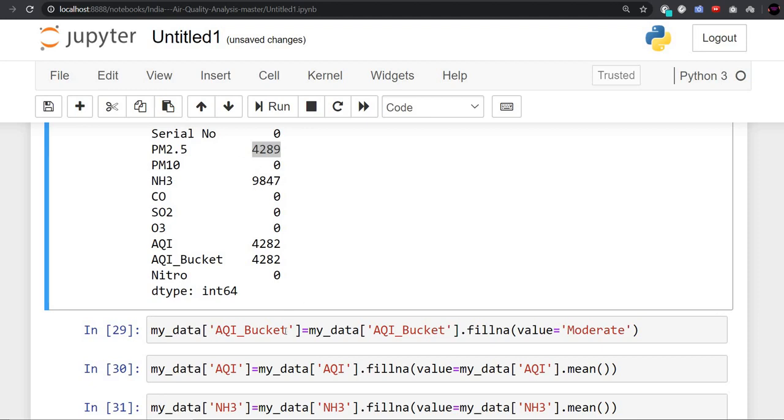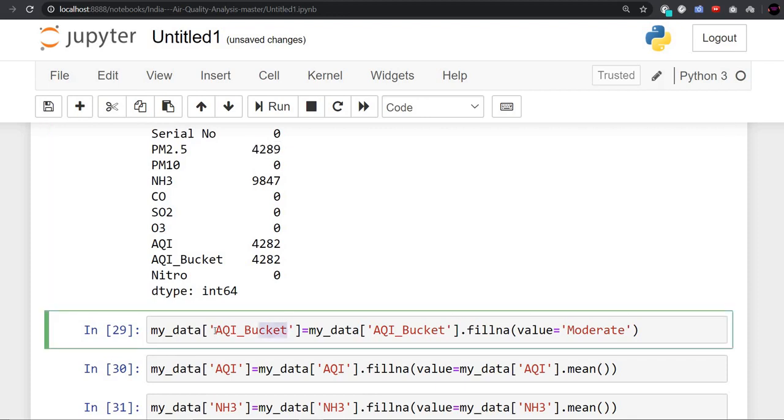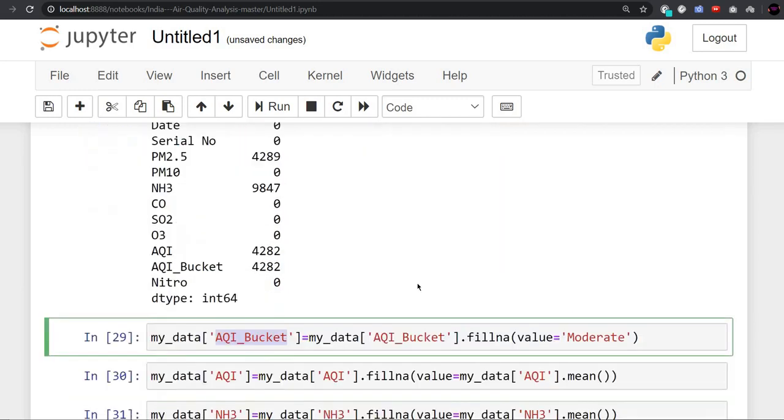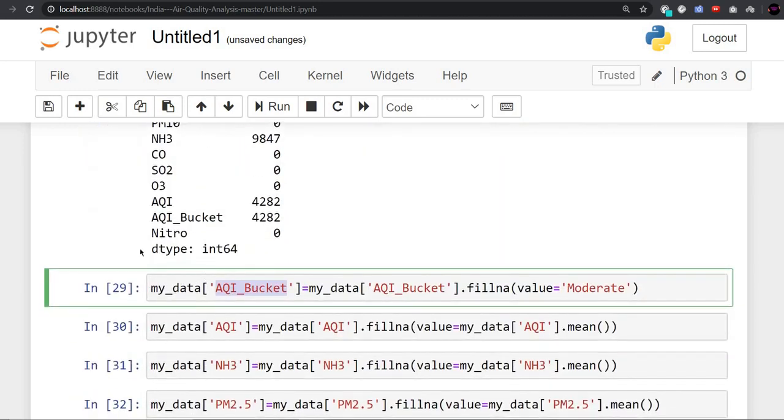Since AQI bucket is a categorical variable, meaning the values are in categories, like gender is a categorical variable, male or female, we will have to fill it with the value which comes more frequently. First of all, we will check which value comes more frequently.